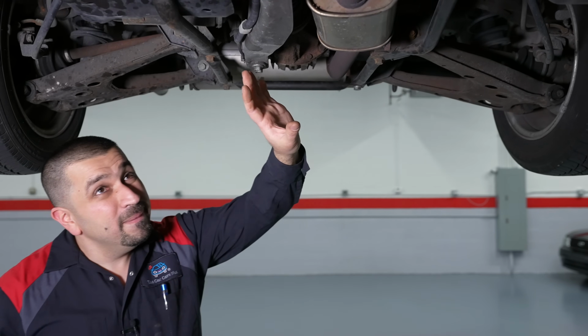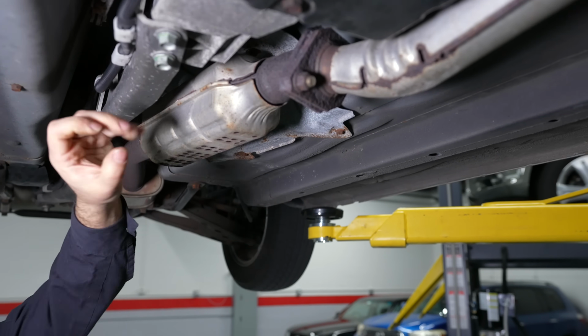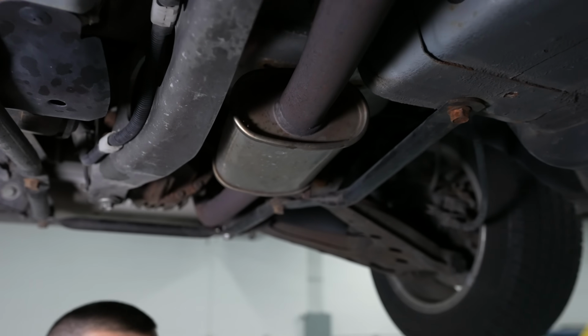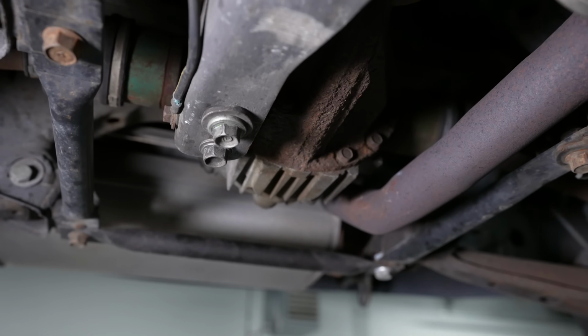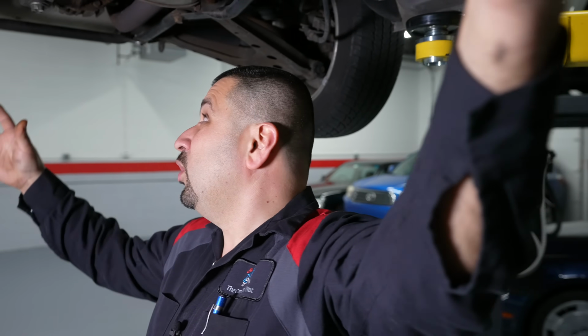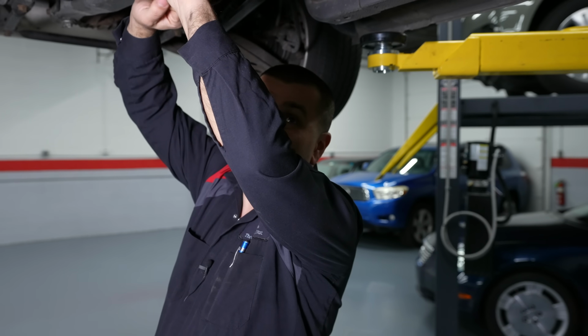But then there's something very similar to the newer Mazda Miata, and this is where it came from. If you look here, let's look all the way from the transmission, this big behemoth right here, all the way to the differential. That is basically one of the coolest things about the Mazda Miata ever. This is the biggest, most elaborate structural piece that literally connects your transmission to your differential, making them almost like a tube, like they're one unit, because this big reinforcement piece connects them together, and that adds to the driving